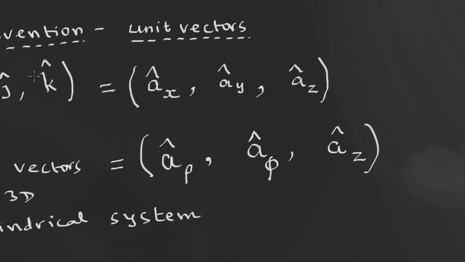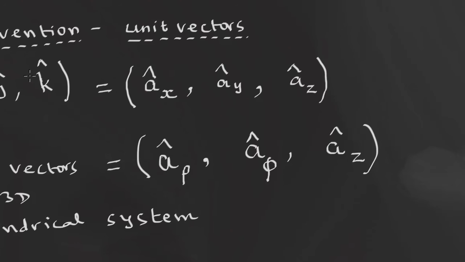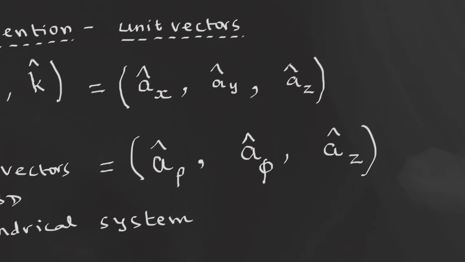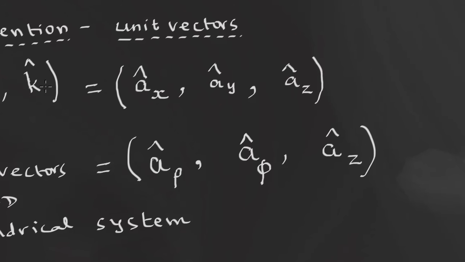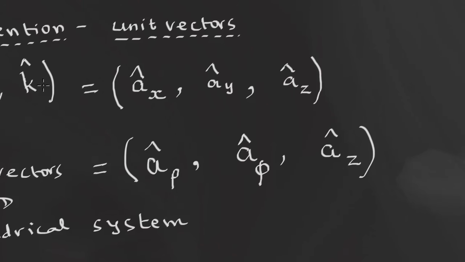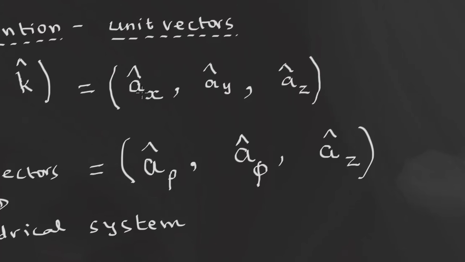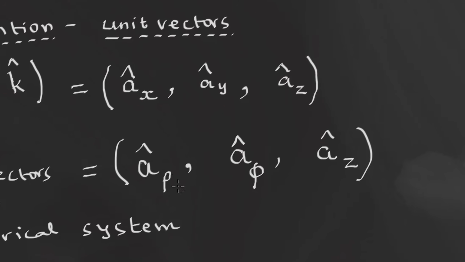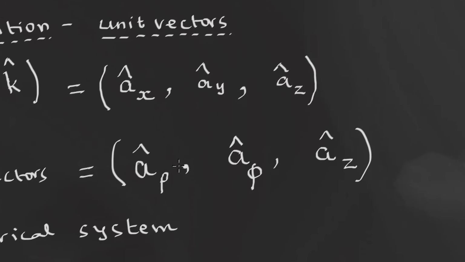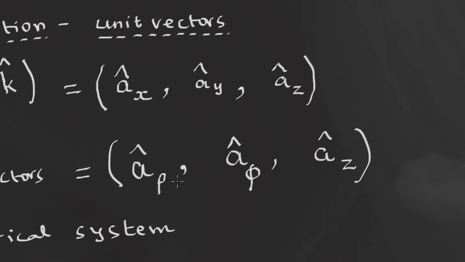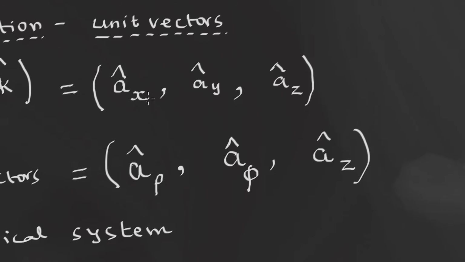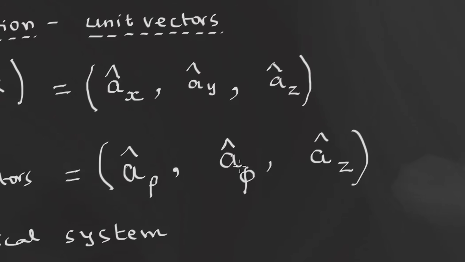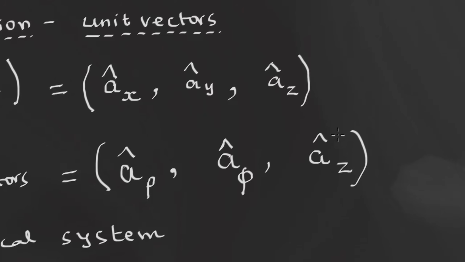So it appears that if you are going to change the symbol for every coordinate system, then it is going to be somewhat tedious. So the better idea is that you simply remove this I comma j comma k, ijk, and discover a new symbol, and that new symbol is small letter a. As you can see that small letter a is there. Everywhere you use this small letter a so that things are comfortable. And how do you distinguish between the Cartesian and the polar coordinate system is by the suffix. So the purpose of the suffix here, x comma y comma z suffix is here. So these suffixes will tell you in which coordinate system you are working.